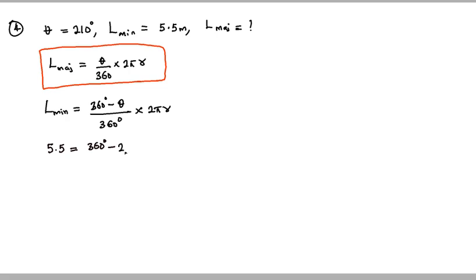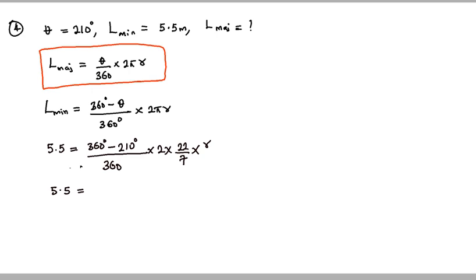I will have 210 degrees out of 360 times 2 times 22 over 7 times our r. We don't know r, so I will have now 5.5 is equal to